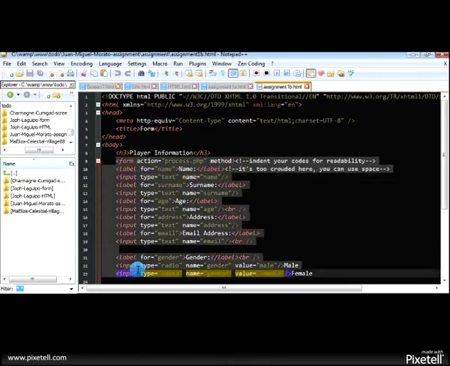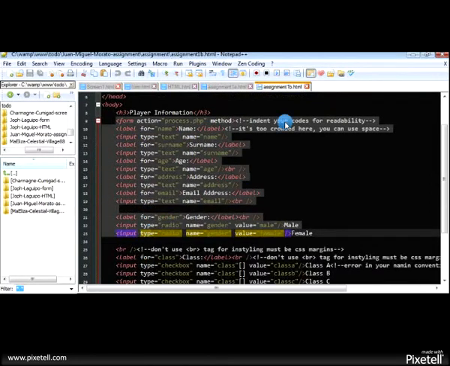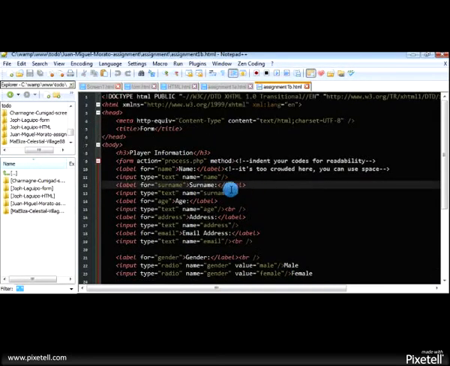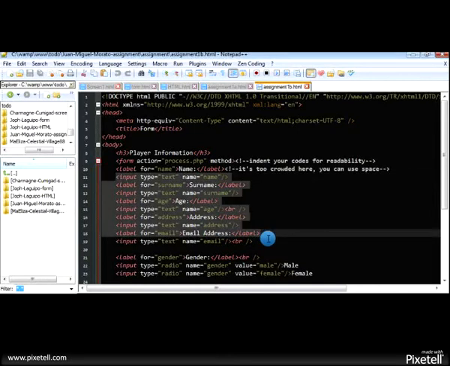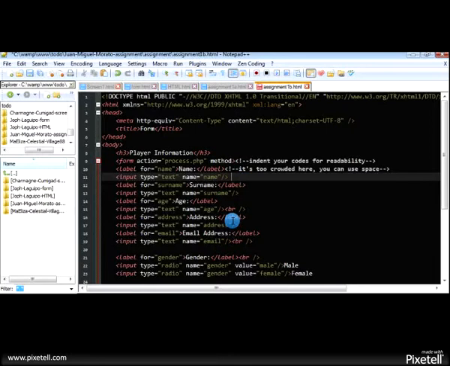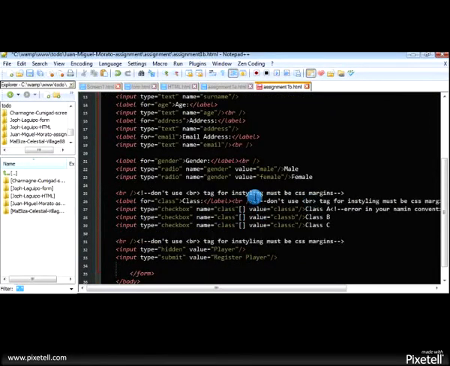So in here he doesn't indent his code, so I suggest that he must indent his code for readability. Also in here it's too crowded. I suggest that he must use space for grouping. Also here uses the br tag, also in here.